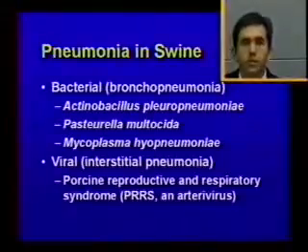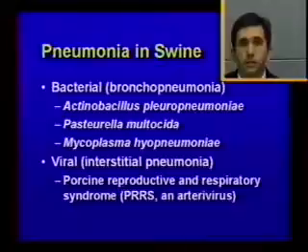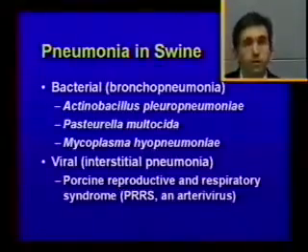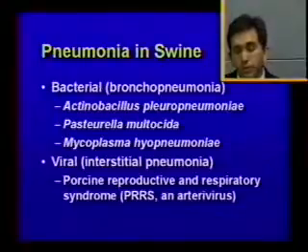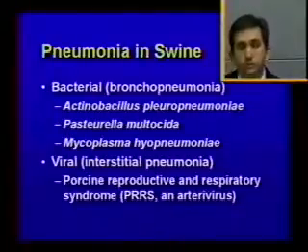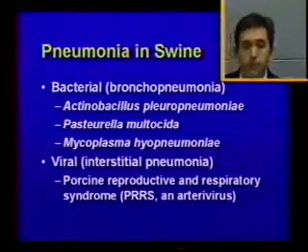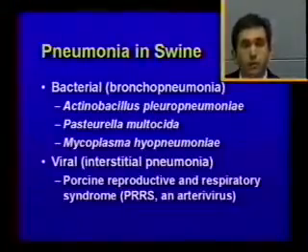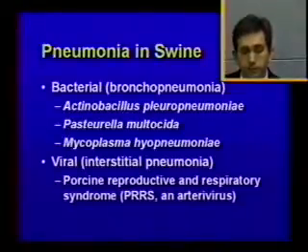In pigs, there are several bacterial agents that cause bronchopneumonia. And I think you should be aware of these three, and they are Actinobacillus pleuropneumoniae. That was previously called Haemophilus pleuropneumoniae and has since been changed to Actinobacillus. The second is our old favorite Pasteurella multocida, which has also been mentioned in cattle and in dogs, and Mycoplasma